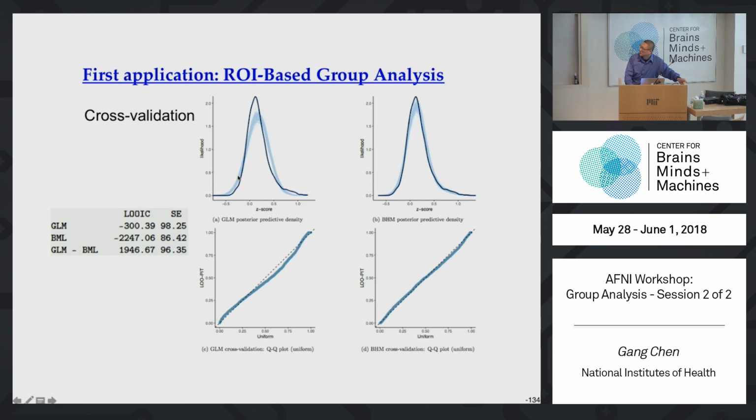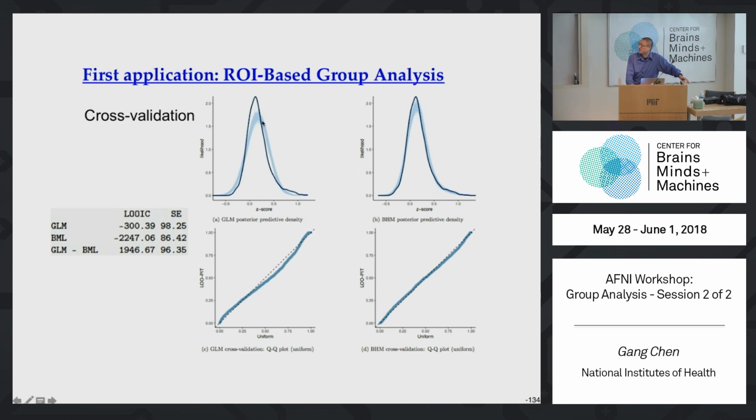Using the traditional model, we can randomly generate new data. The original data is the black one, and the blue one is based on the model. The discrepancy between the two tells us how accurate your model is. On the right-hand side is the Bayesian approach. Of course, the Bayesian approach is not perfect either, but compared to the traditional approach,